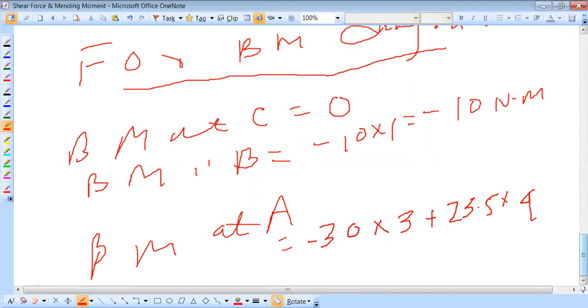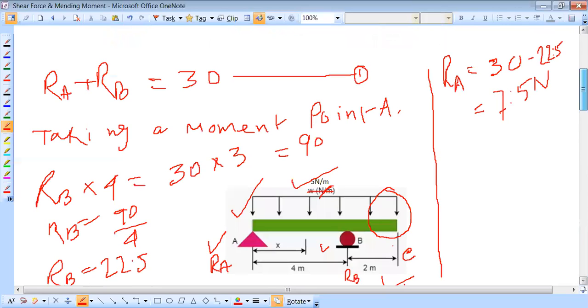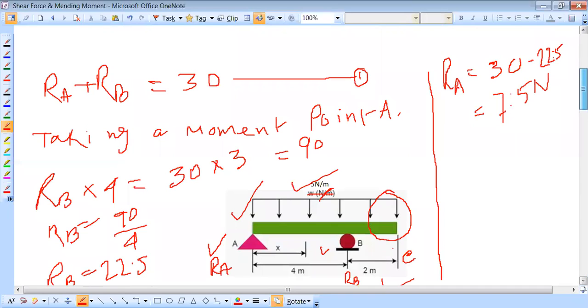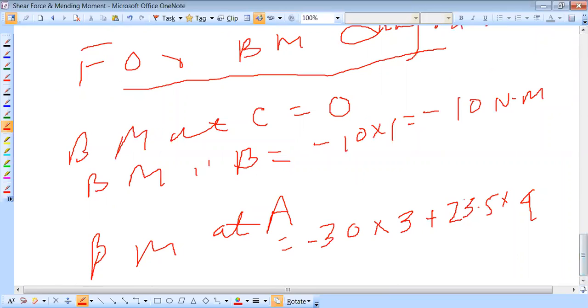Sorry, and this one is equal to how much? B is equal to how much? 22.5. So this becomes 0. So we can already find out the BM at different points, then putting the value of